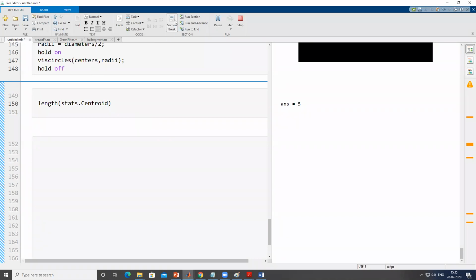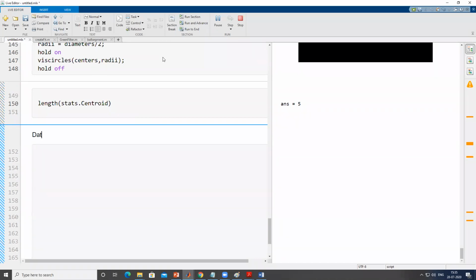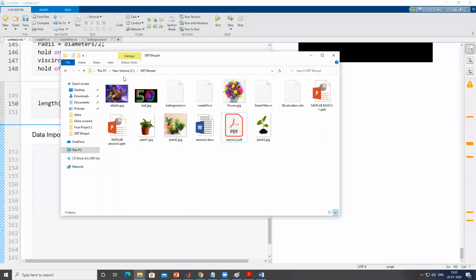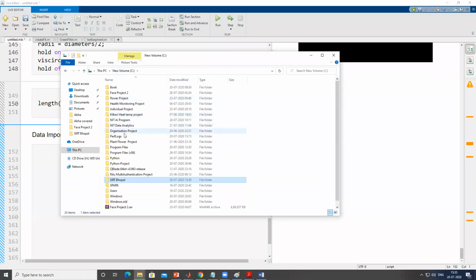First, create a section break, data import via Excel. So first, let me drop one Excel file into this folder.